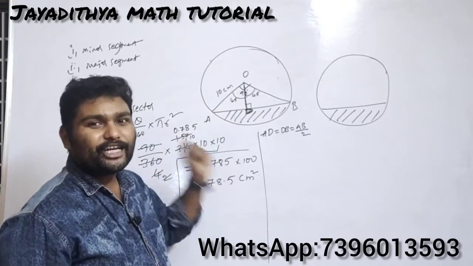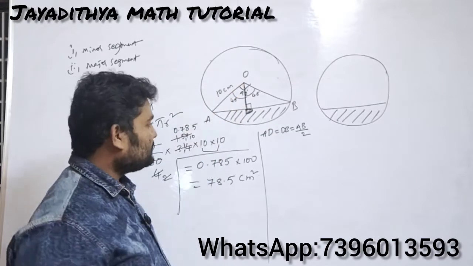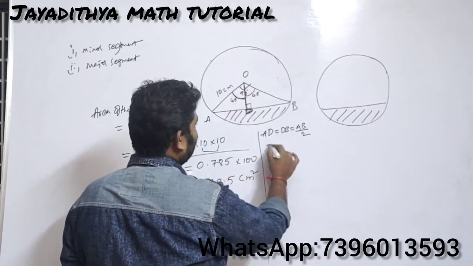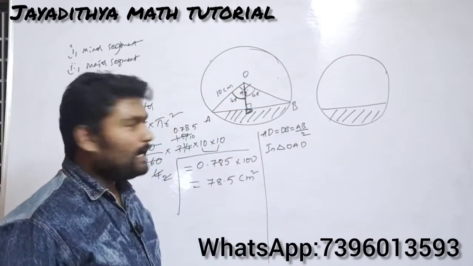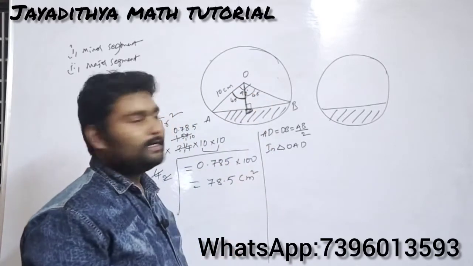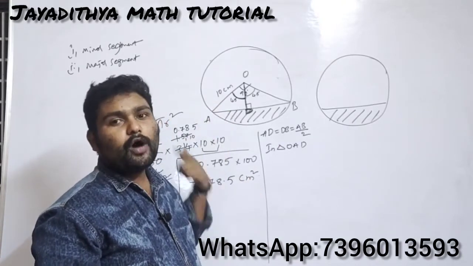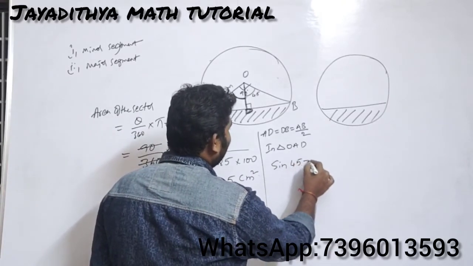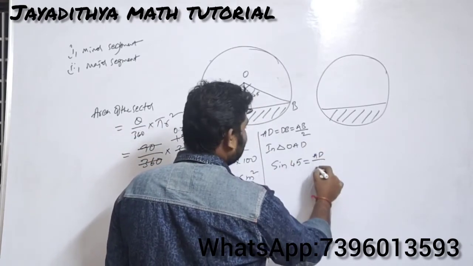So use appropriate trigonometric ratio to find the AD. First of all, find AD and OD. Then let us try to understand what to do next. Okay, first of all, you can observe here the angle is 45. So in which triangle you are taking that one, in triangle OAD, what are you taking here? Here you have angle 45 and you have hypotenuse 10, and AD will be the opposite side. Opposite and hypotenuse are required here. So what ratio you will be taking according to trigonometry? So you need to take sine ratio, that is sine 45 will be equals to how much? Opposite by hypotenuse, that is AD by hypotenuse.